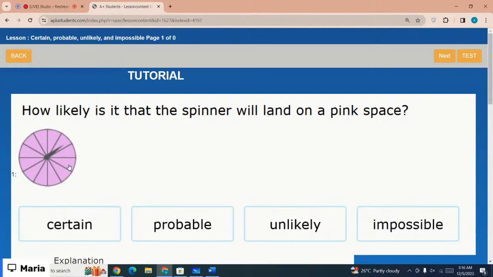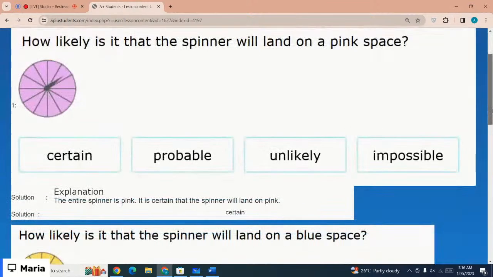How likely is it that the spinner will land on a pink space, right? So just look at the spinner. The spinner has all the portions that are pink, right? The spinner has, let me count, 1, 2, 3, 4, 5, 6, 7, 8, 9, 10, 11, 12 portions, right? And all of them are pink, right? So that means there are